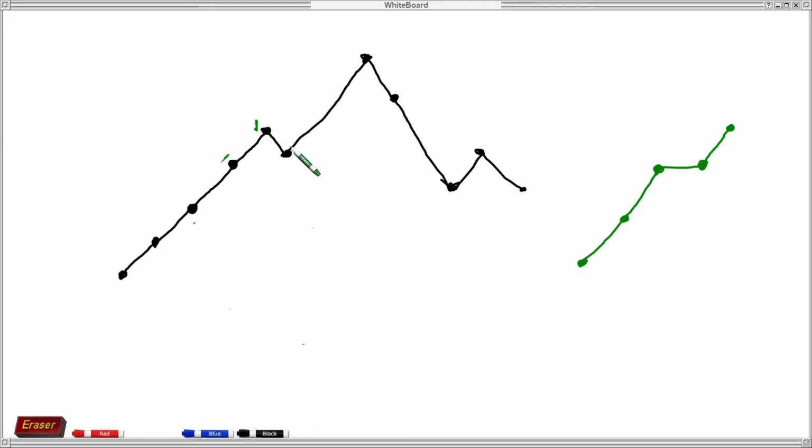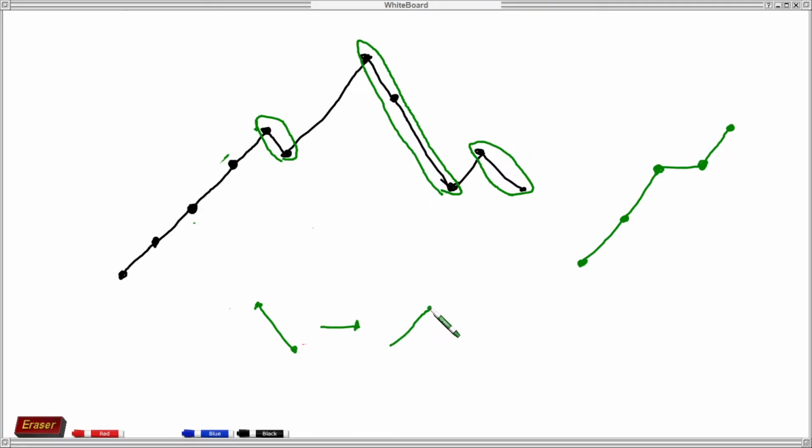Here we can see this segment is decreasing. This segment is also decreasing, and this segment is also decreasing. So we should try to change these decreasing segments to increasing segments.